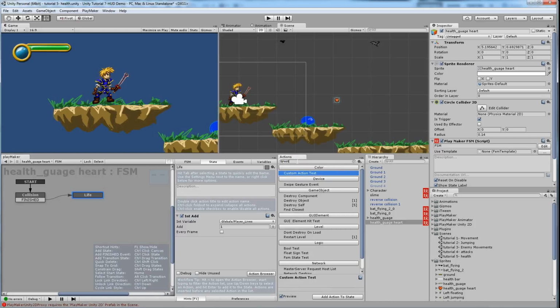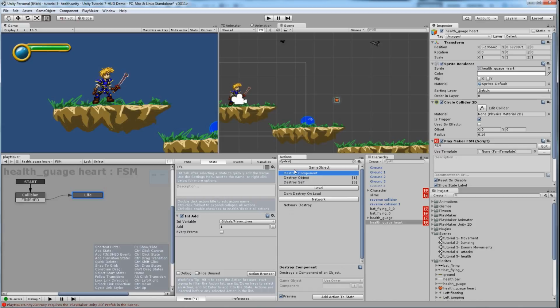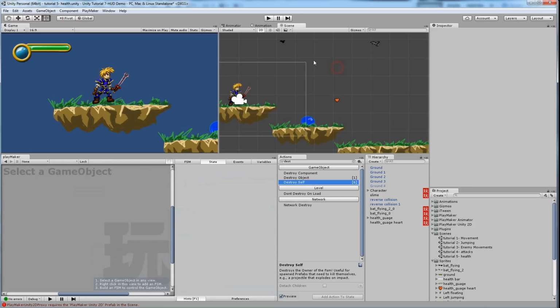So let's go to destroy self. So we add this in here, and so now when the heart gives the player 1 life to their player's life score, it'll destroy self. So if we test this now and press play,